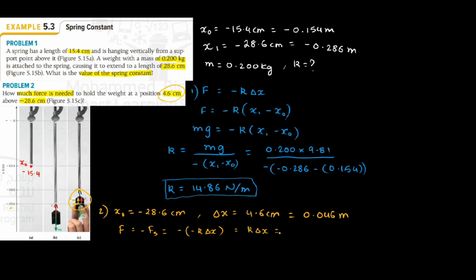Now let's substitute the k we found in the previous part, 14.386, and delta x is 0.046 meter. When you solve these together, you get your force as 0.68 Newton. So this is the force I must apply on the weight to hold it at a position of negative 24.0